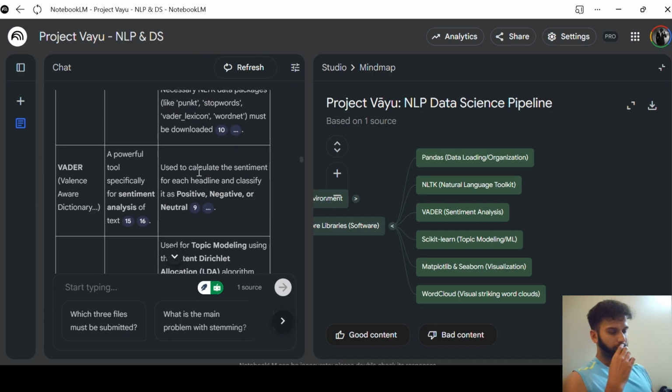Then you have VADER. This is not that one actually. Valence Aware Dictionary, basically, what does it do? This helps for sentiment analysis. Now this is a good core concept of NLP. I'll try to explain it. As humans, we have that responsive system in ourselves. For example, you hear a news headline that there was a robbery in the bank.